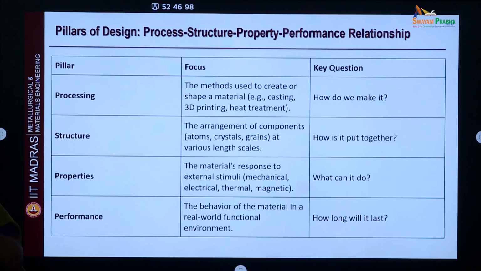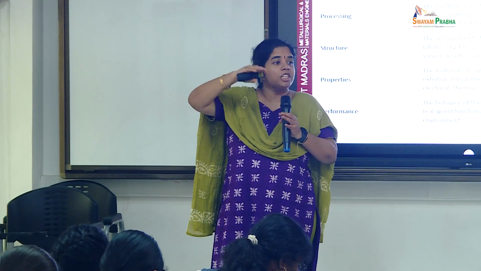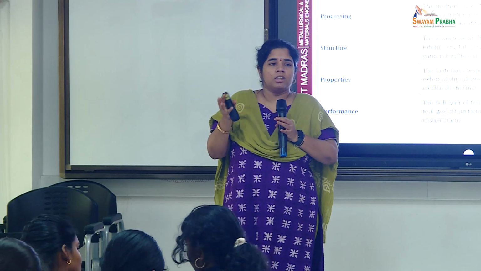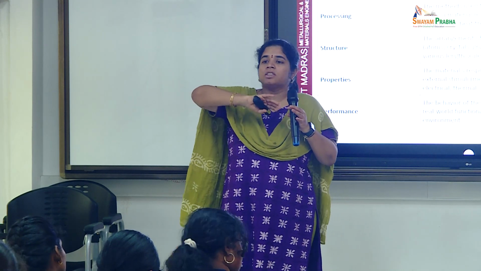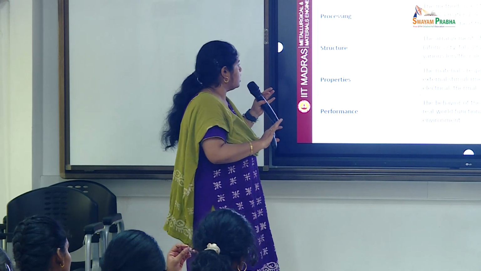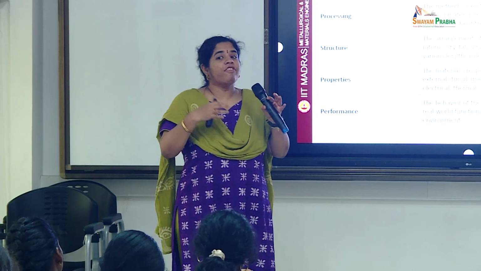Grain boundary is where that orientation breaks between the two grains. So there is no single orientation in a grain boundary, but within a grain you have one orientation, that is the atomic arrangement in a certain direction. So that is what the structure is. And how do we put all these grains together? What should be their size? How many phases do we need?